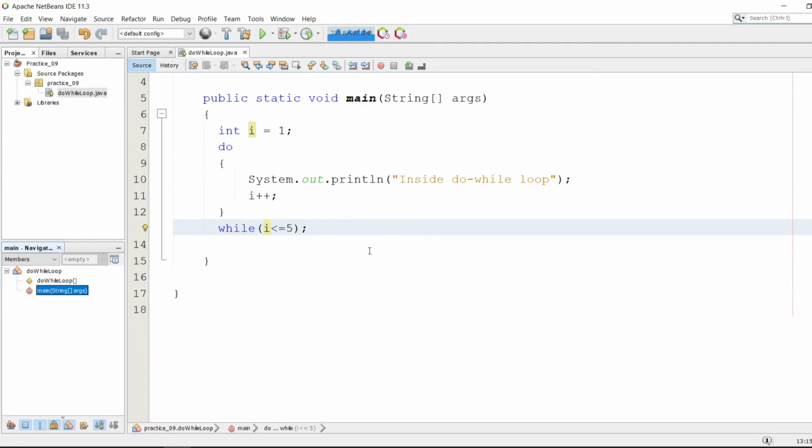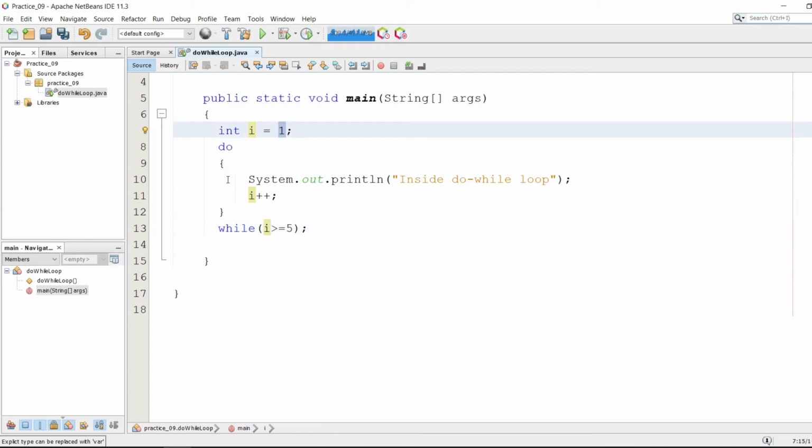But let's see what happens if we change this condition to i greater than or equal to 5. At first, whenever the loop begins, the value of i is 1. It comes inside the do block and it simply prints this. But whenever it checks the condition here, 1 is greater than or equal to 5, the condition is false.